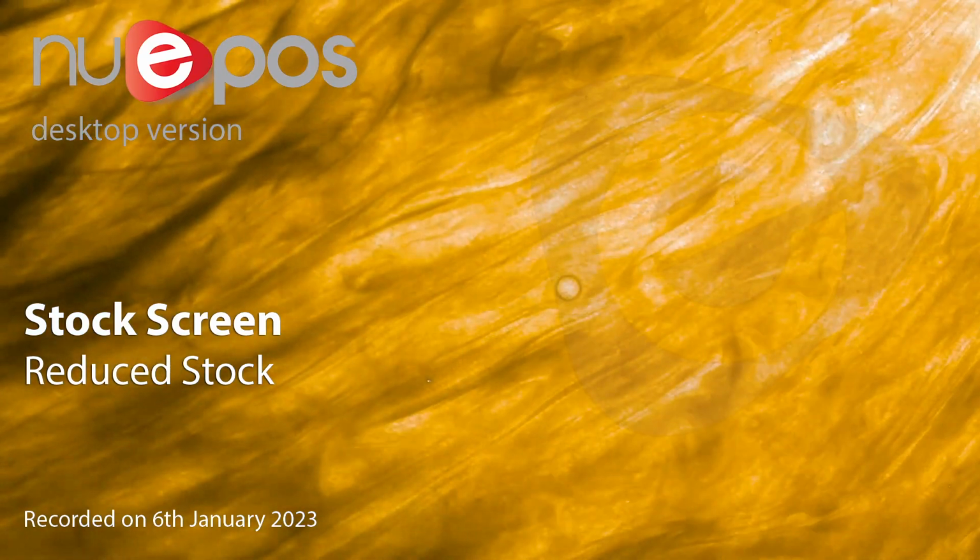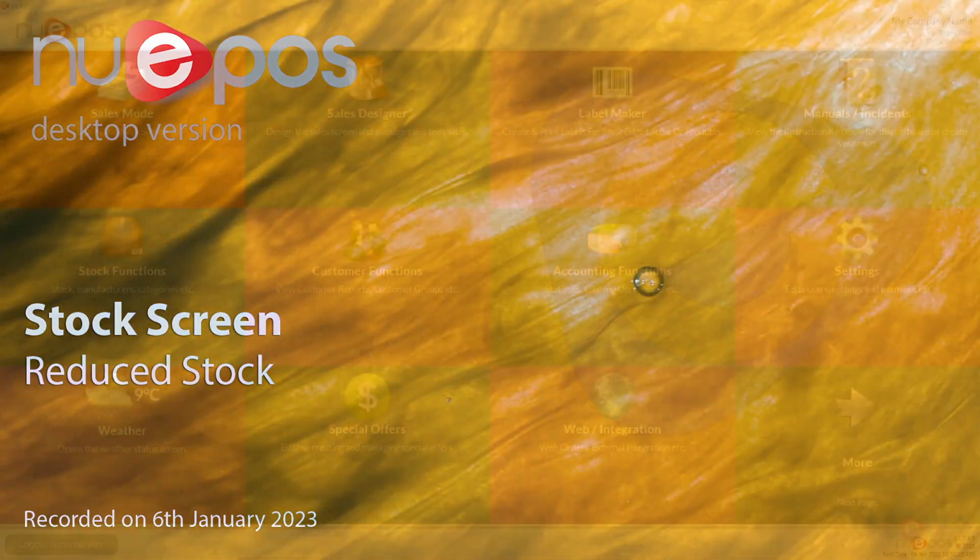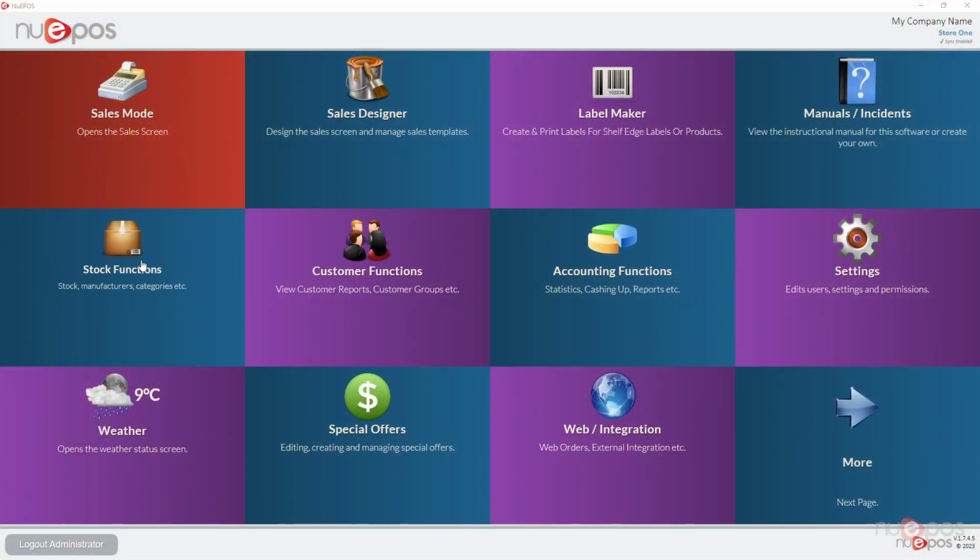Stock screen. Reduced stock. So by reduced stock, we're talking about reducing the price of selected products. Doesn't have to be all of them, just maybe a few of them. It could be many of them. It's up to you. For the purposes of maybe they're damaged or they have a short shelf life, anything like